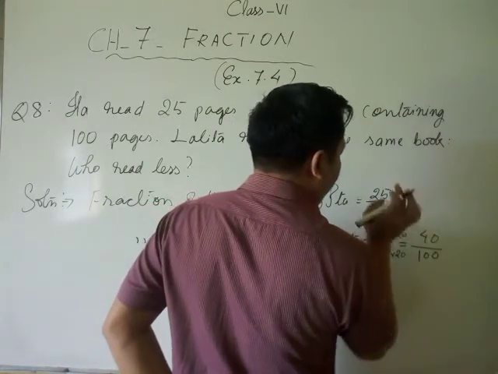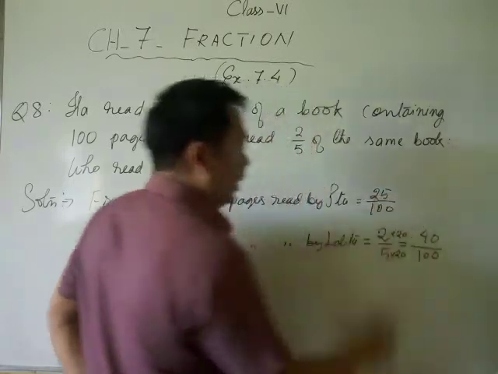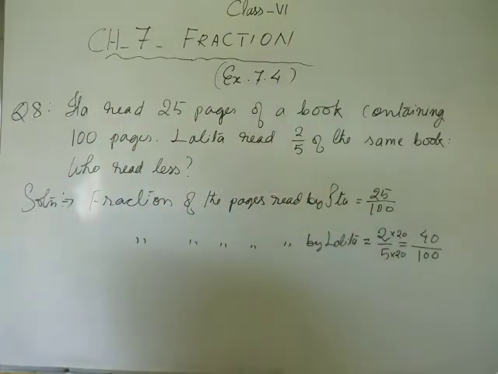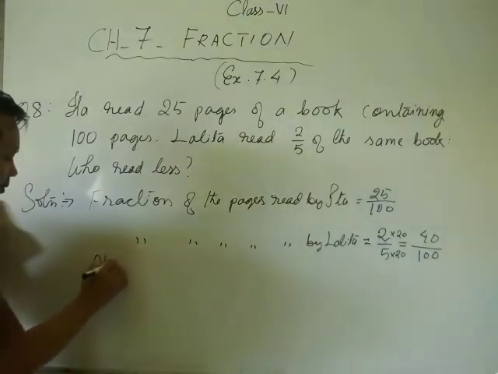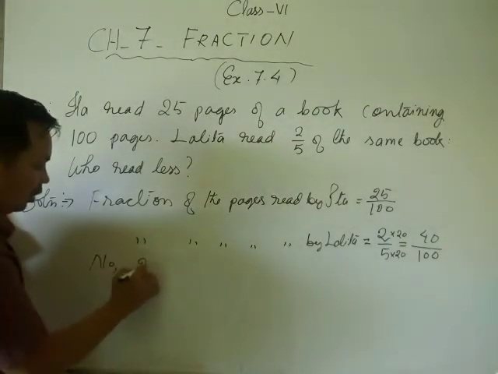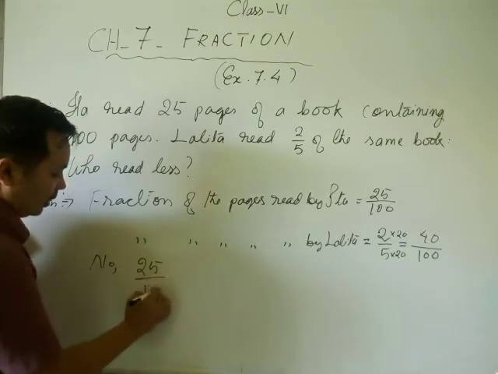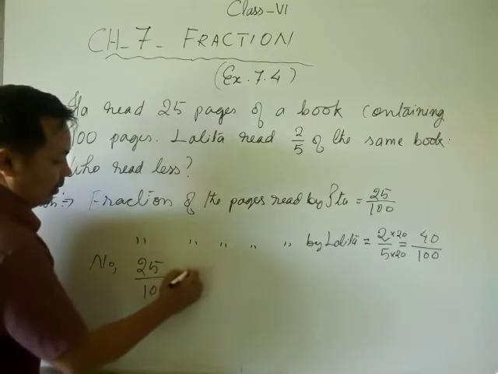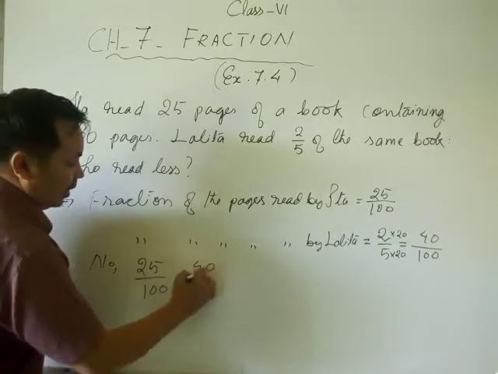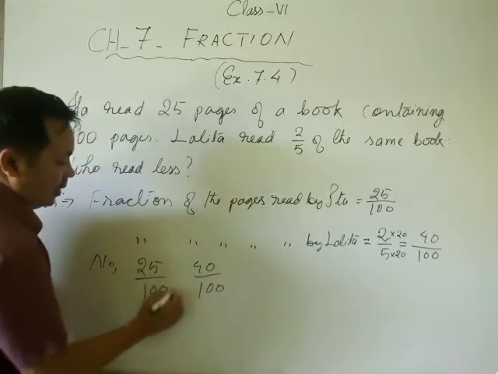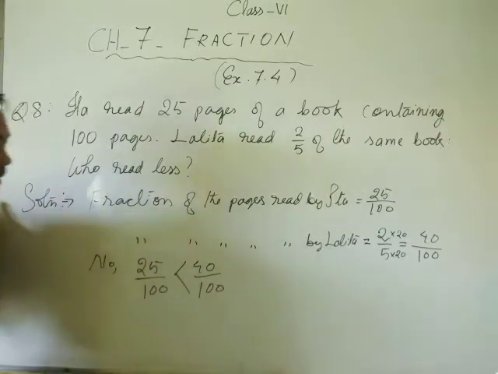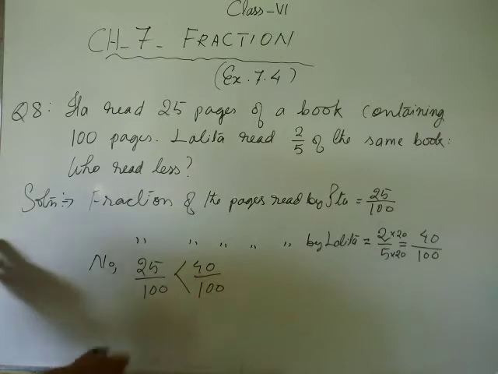So we get 40 by 100. So which fraction is greater here? Now we have 25 by 100 and 40 by 100 here. Which is greater? 40 by 100 is greater. You know, isn't it? So therefore,